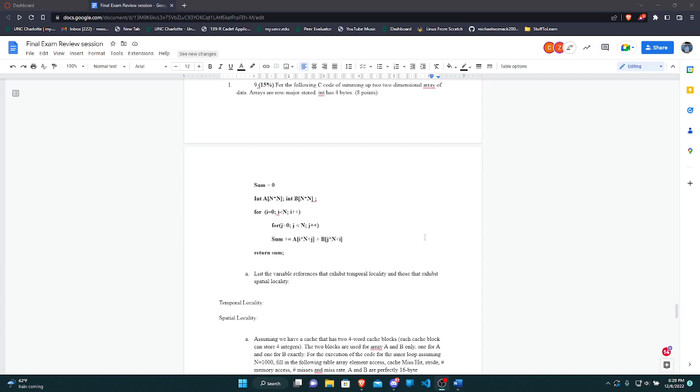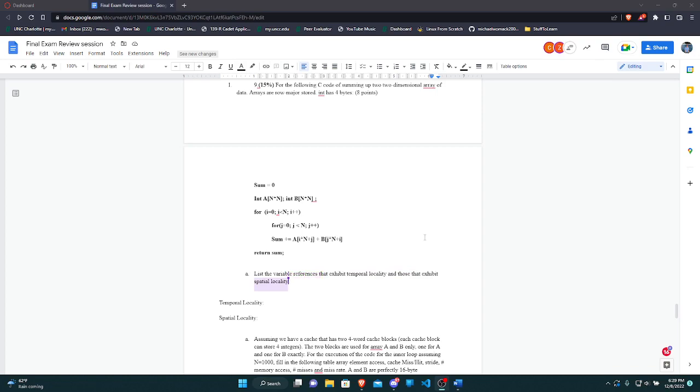Okay, so for the following C code, it's a 2-dimensional array, and an int is 4 bytes. For part A, it wants you to list the variable references that exhibit temporal locality and those that exhibit spatial locality. Okay. So temporal locality is when you access the same variable over and over. And spatial locality is